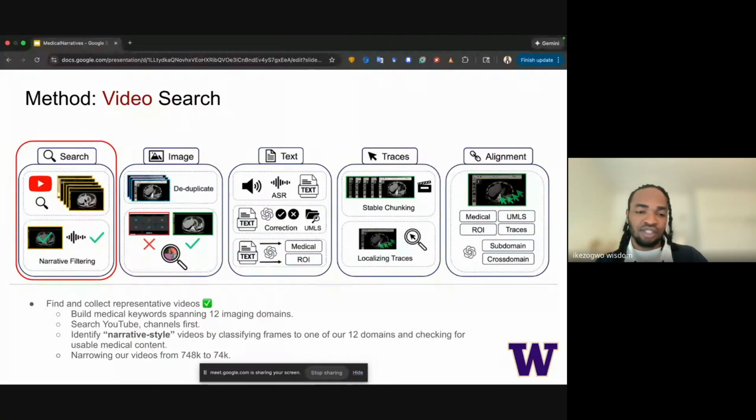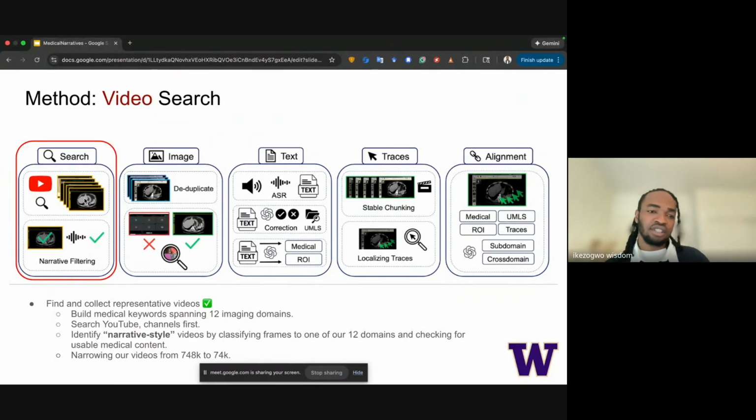We built this using different medical ontologies, and then we use that to search YouTube. This helps us identify channels and videos with relevant content, and then we can sweep through every video with our trained classifiers for each modality to filter out the videos that we really care about.